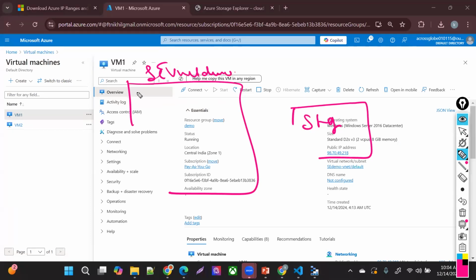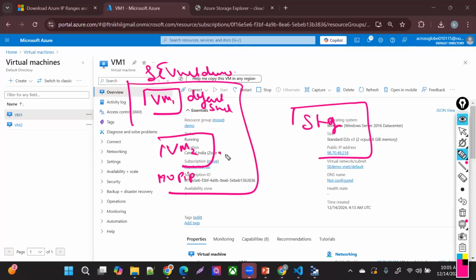Now inside this SE VNet demo, I created two VMs. VM1 in the default subnet with a public IP, and VM2 with no public IP, in the default 2 subnet.